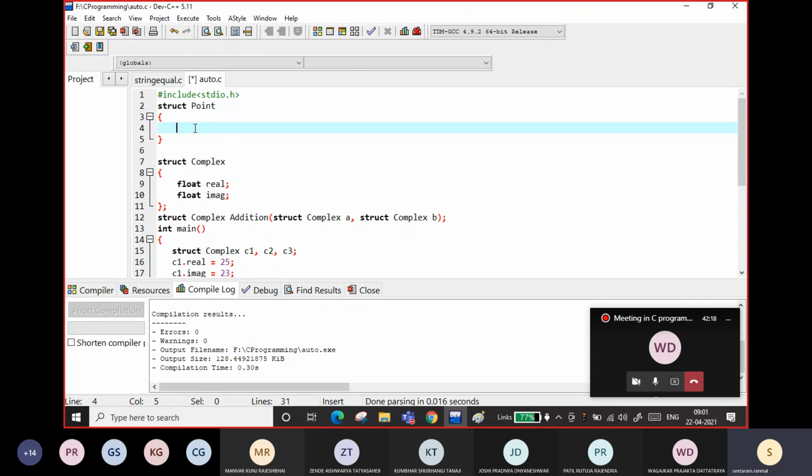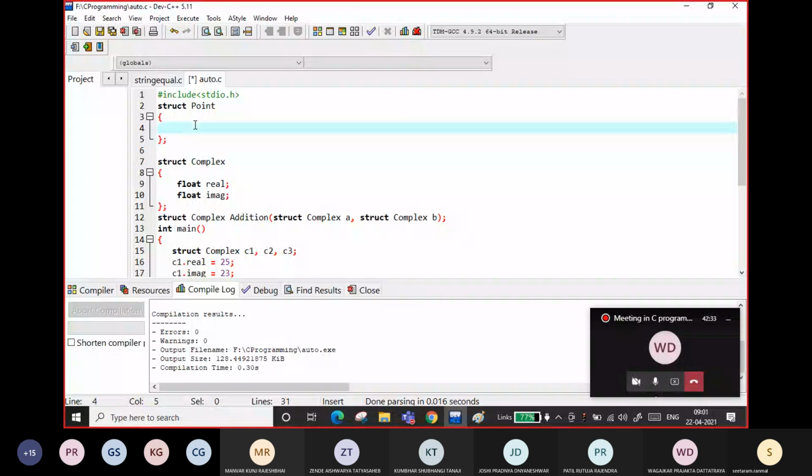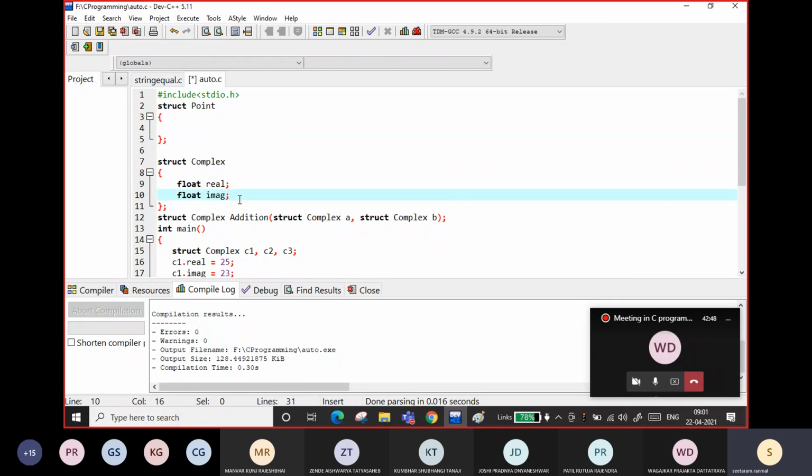If you want to define the point, what will be the members for that? Just think of it. Can anyone tell me what will be the members? If you have the point as a data type, if you want to define the structure for the point, what will be its members? Like for the complex, there is a real and imaginary part.